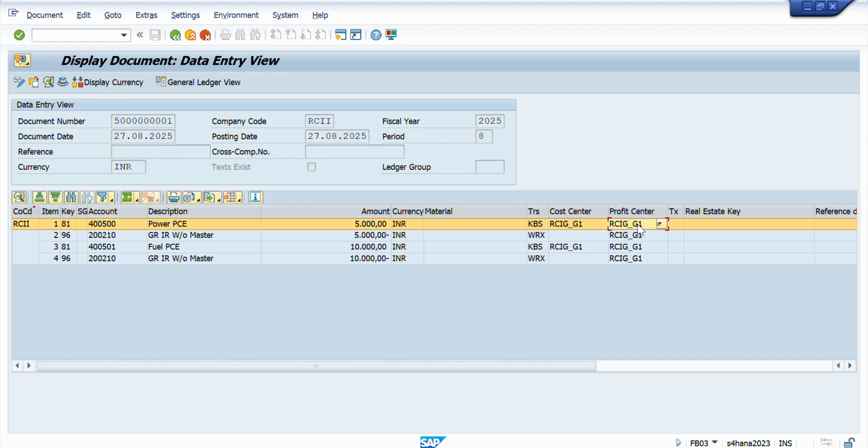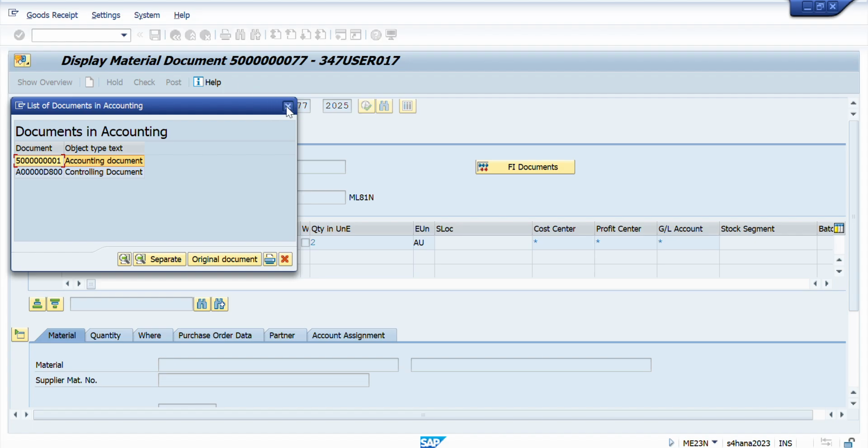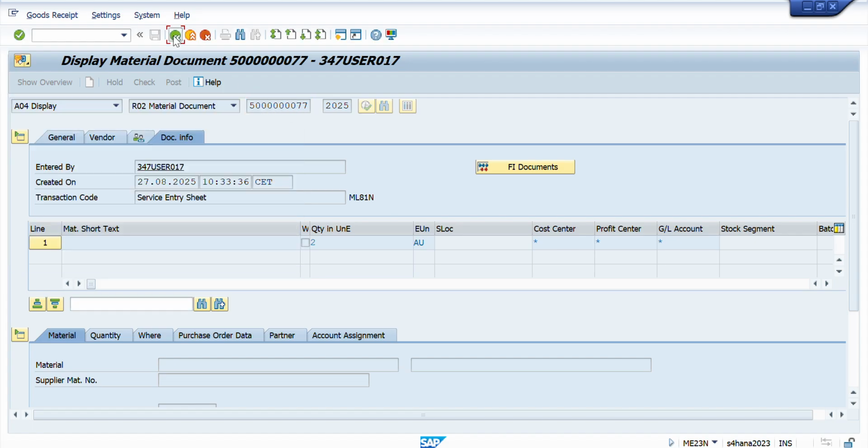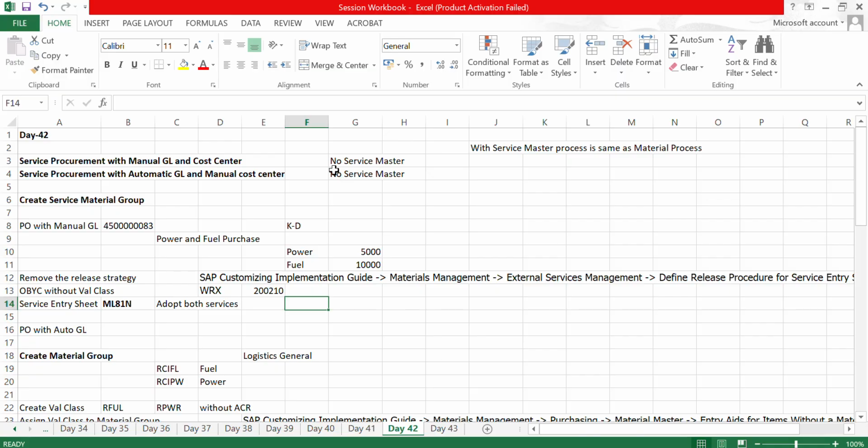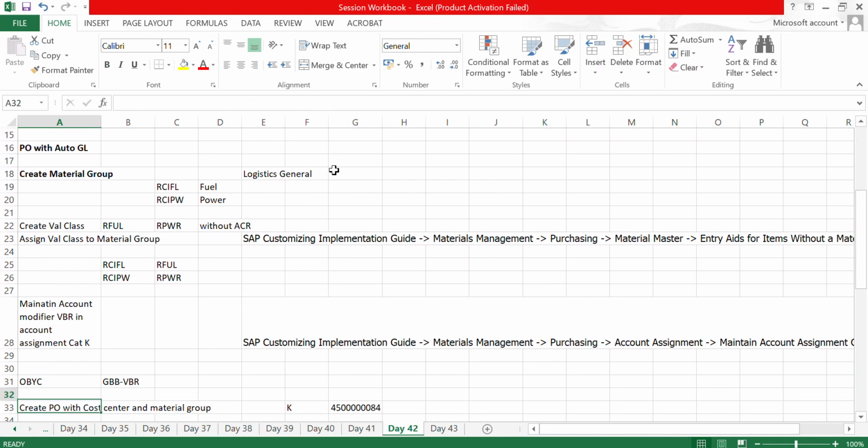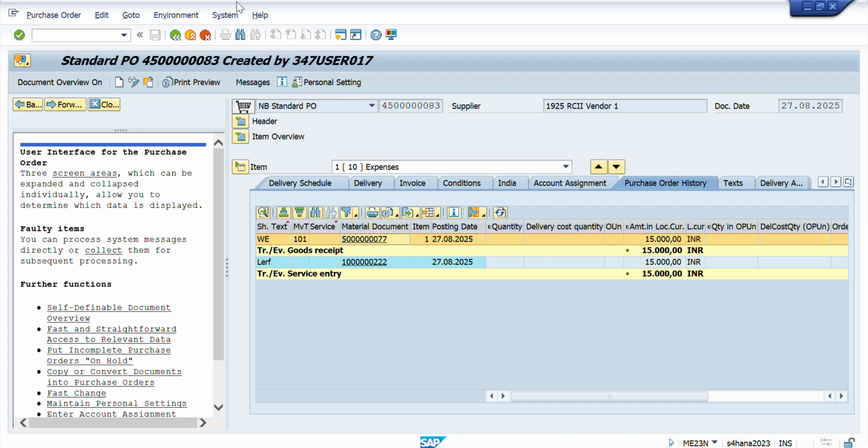So this is the entry that has been posted for this service wherein you provide the GL account manually in the PO. Now the next step, or the next way to procure the service in the P2P, is by automatic determination of the GL account. For that I have created two additional material groups, which are for fuel and for power. Again,